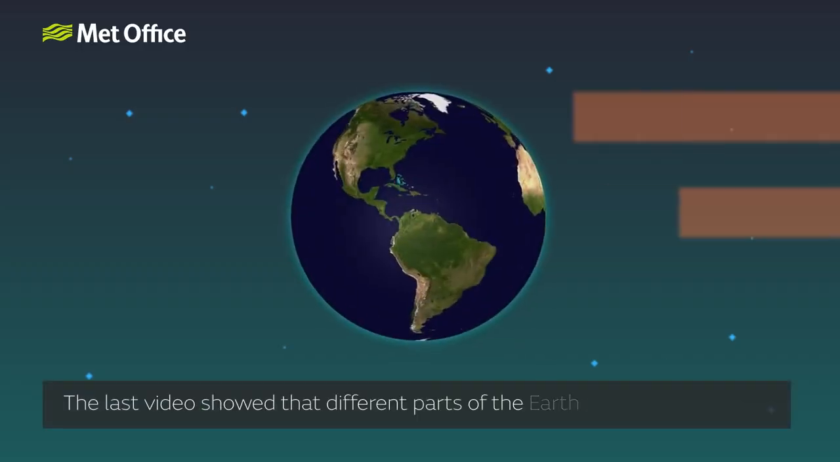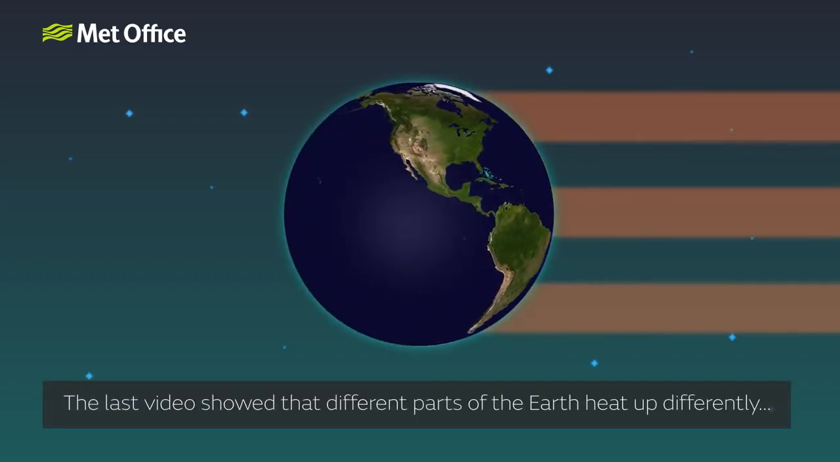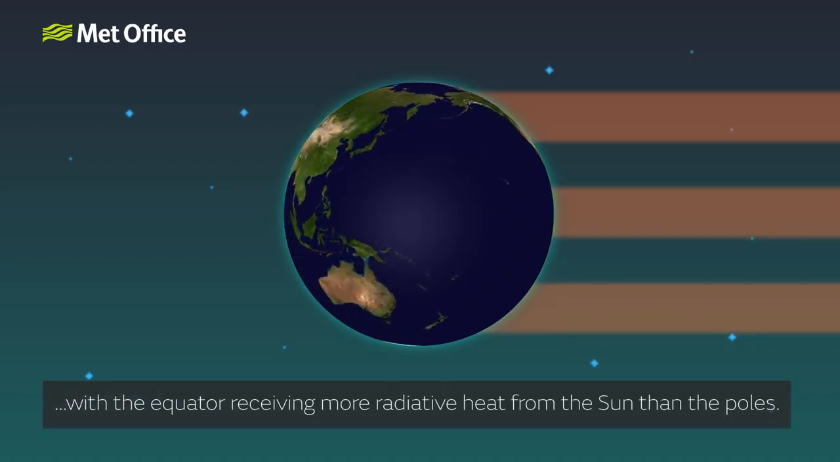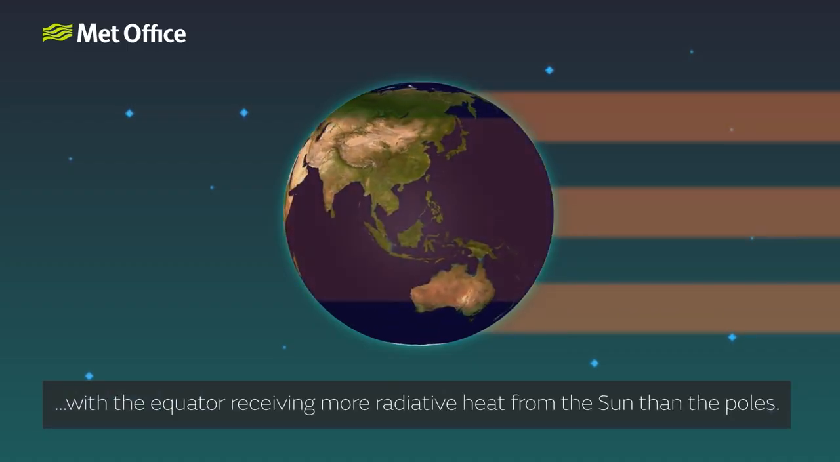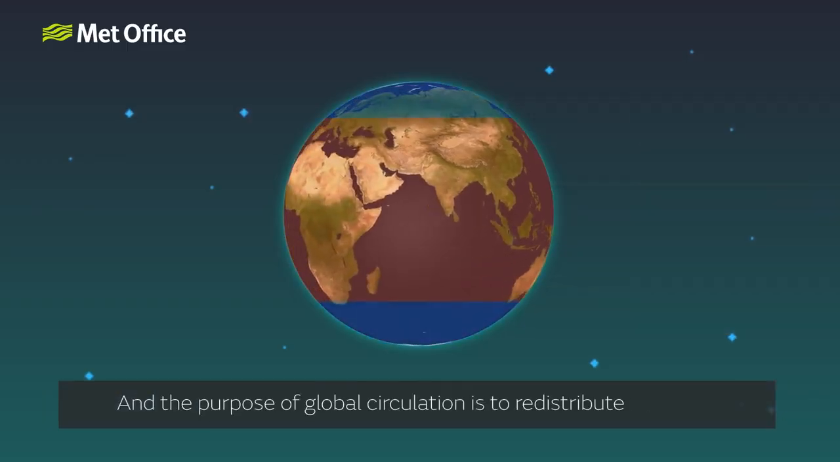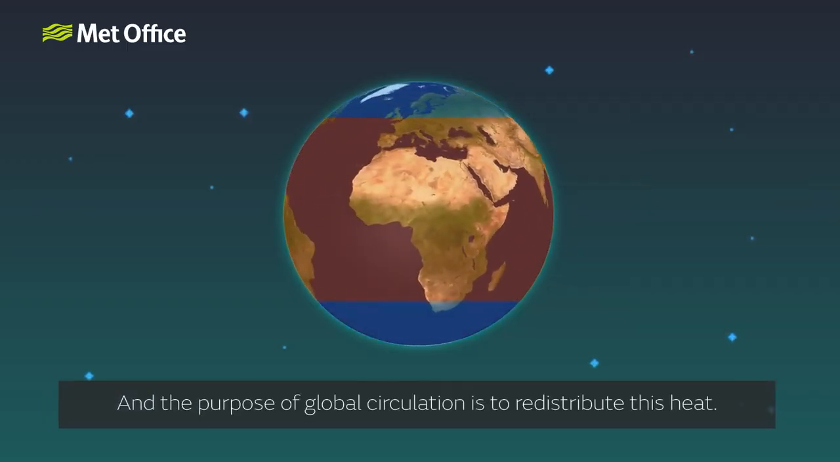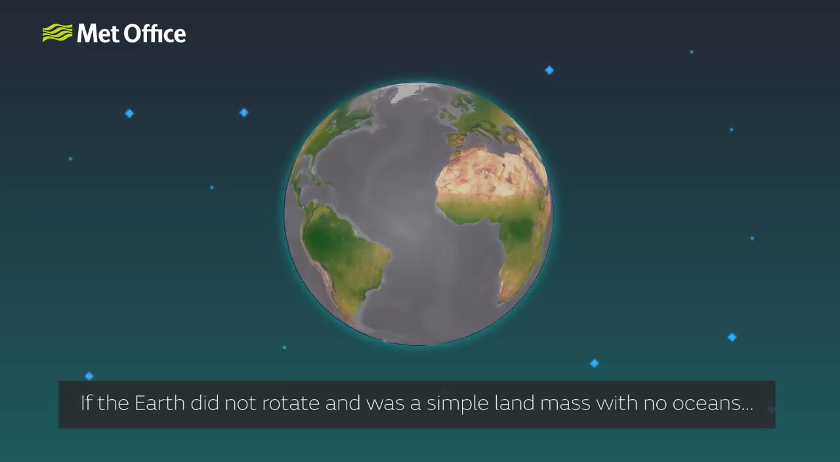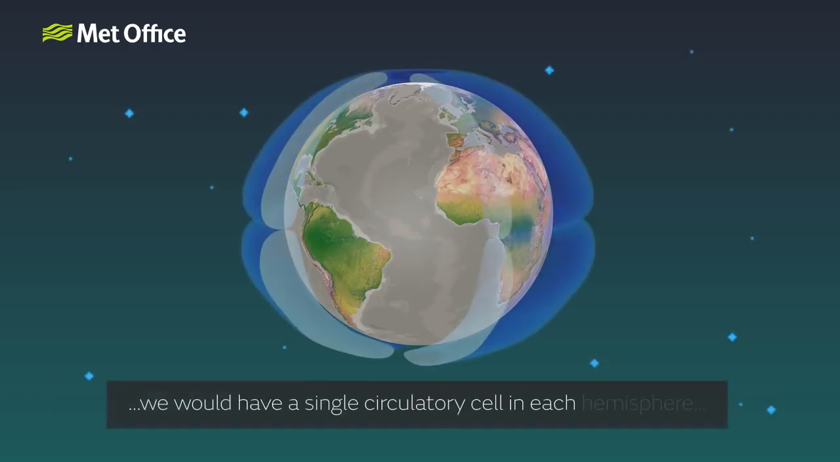The last video showed that different parts of the Earth heat up differently, with the equator receiving more radiative heat from the sun than the poles. And the purpose of global circulation is to redistribute this heat. If the Earth did not rotate and was a simple landmass with no oceans, we would have a single circulatory